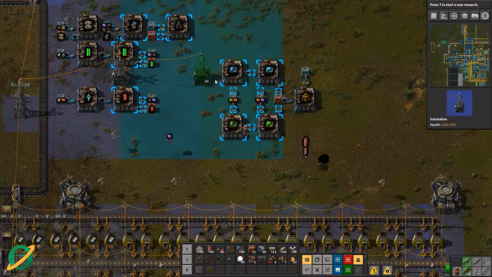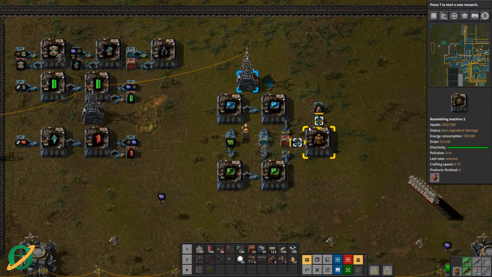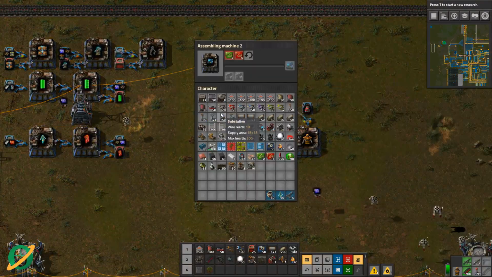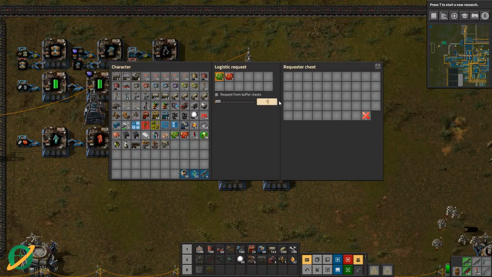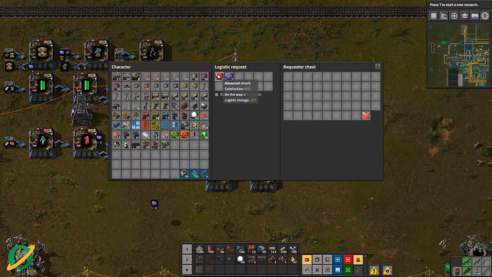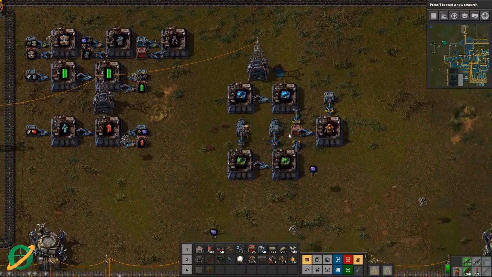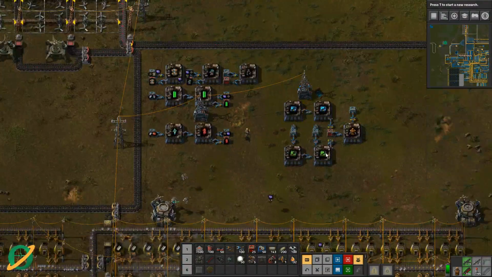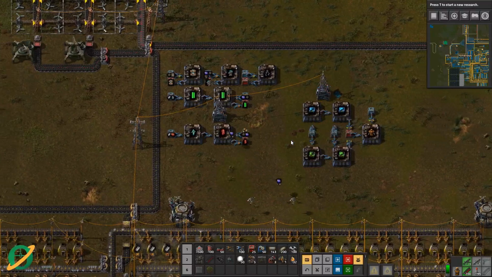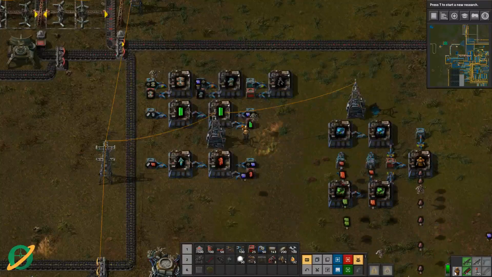A bit of power would be delightful for this area, wouldn't it? There we go. Yes, that's what I needed to do. I need to double these because these are set for just one of these chests. Alright. 10 and 10. There we go. Okay. Well, that will just work away. That will work away. We've got 6 of them. Alright, well let's